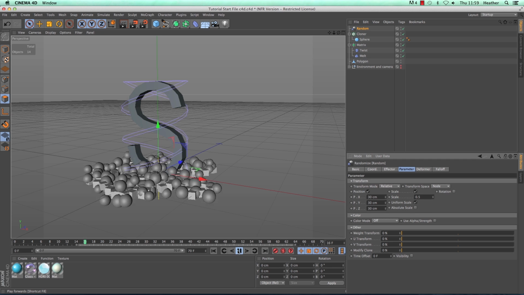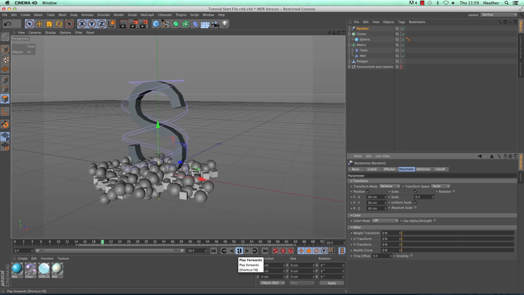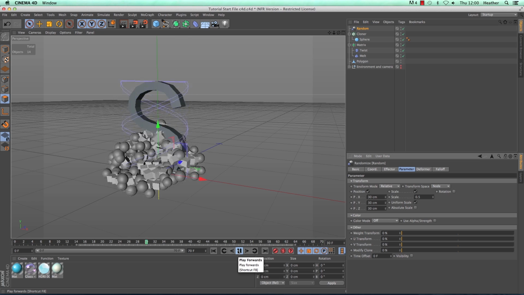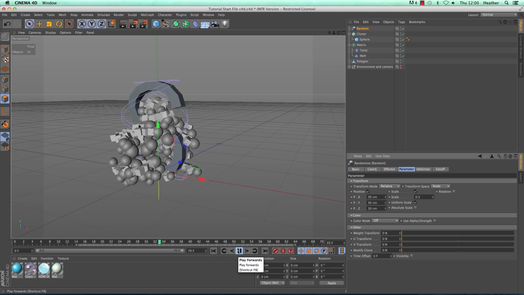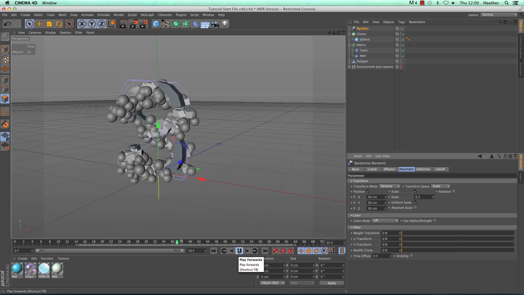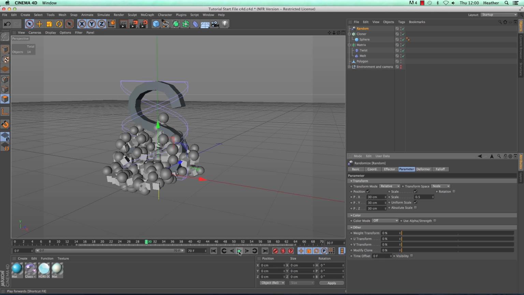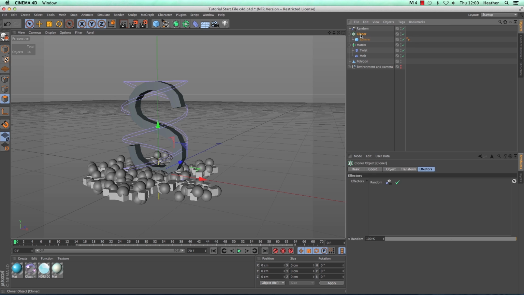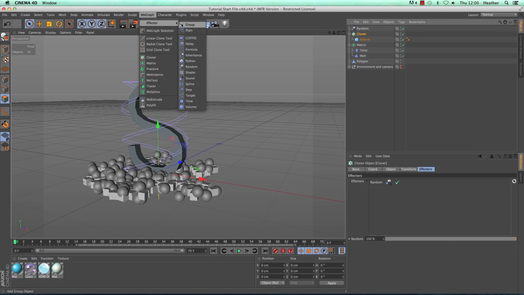Yep, that would work. However, because the random is animated, it's actually animating the scale of our bubbles as well. And in real life, that wouldn't really happen. So it's not the end of the world. I'm just going to turn that off, turn scale off. And what we can do is actually add another random effector to this cloner. You can add multiples of any effector to any generator object in MoGraph. So I'm going to make sure that the cloner is selected again and then go to MoGraph, Effector, Random,